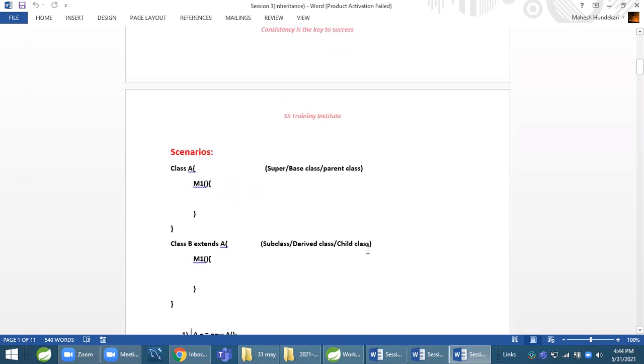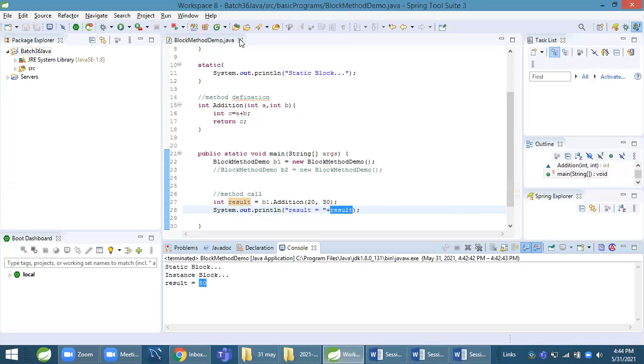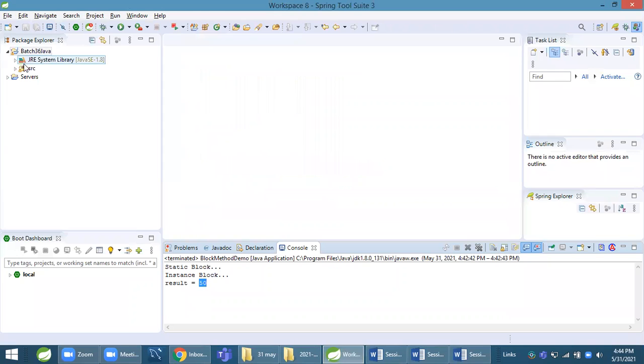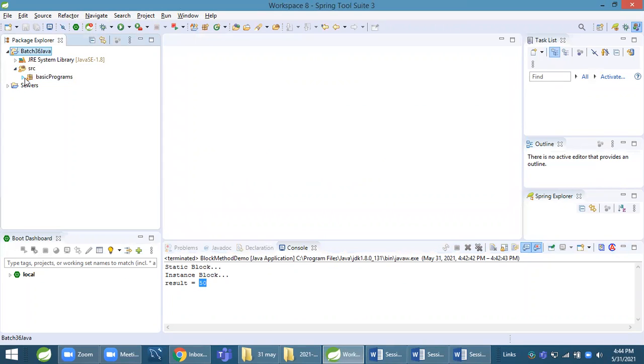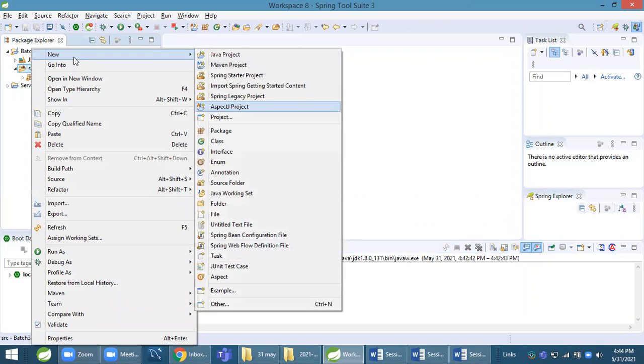Let us see one example for single inheritance. I take here one package, inherit pack.